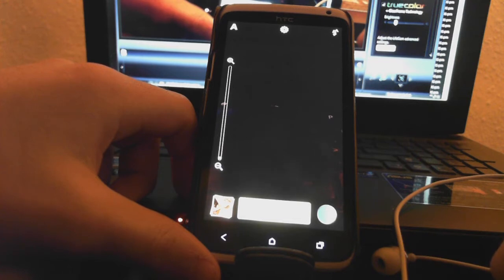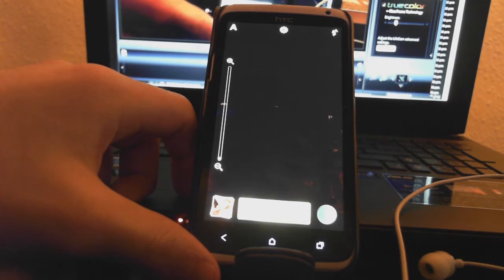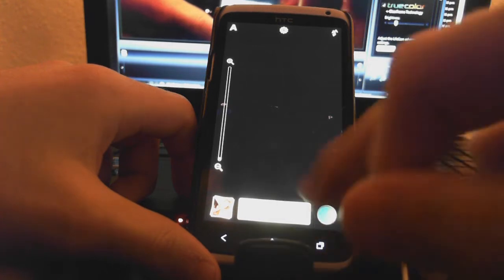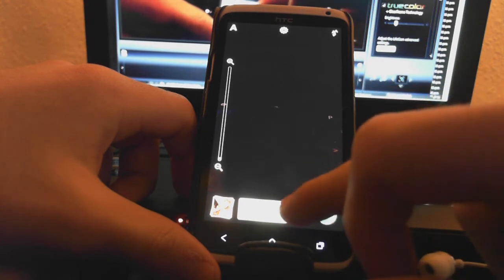And one of the other things about the device, which HTC are going on about, is the phone's capability of taking fast pictures. Obviously you're into the camera fast, and I think it was 0.7 seconds is the figure that they're quoting for being able to take that all-important photo. And now also one of the things they go on about is burst capturing. If you hold down the capture button,